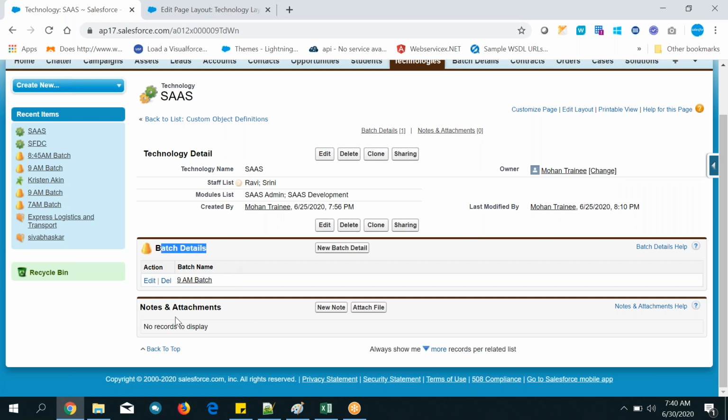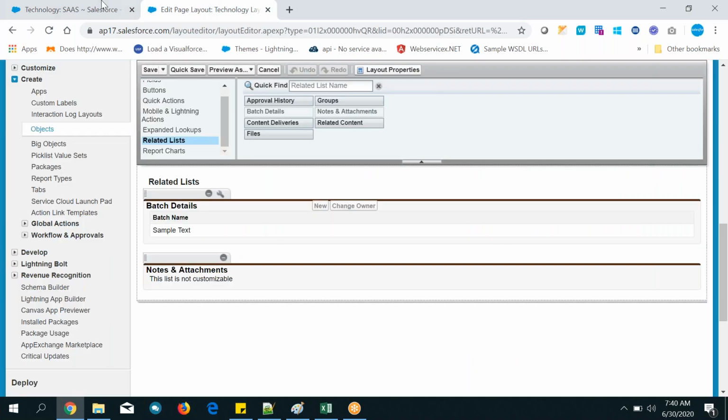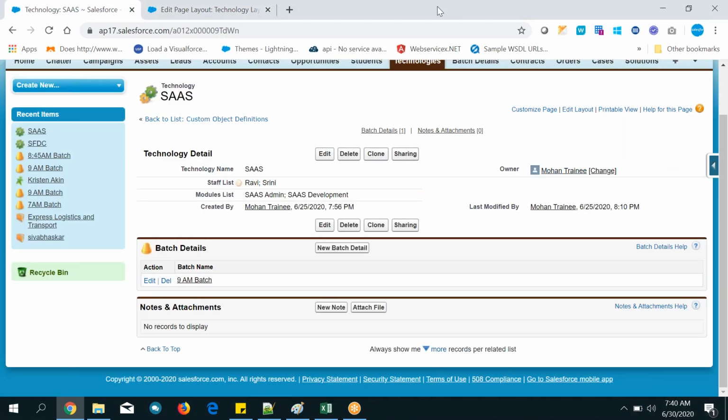So like that we can add and remove the related list. In the page layout section under related list, you can add and drag and drop, add and remove. Clear now? Okay, done.